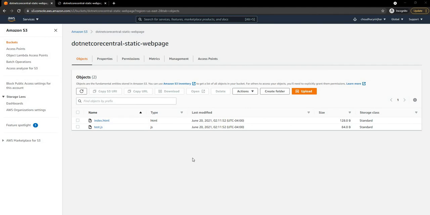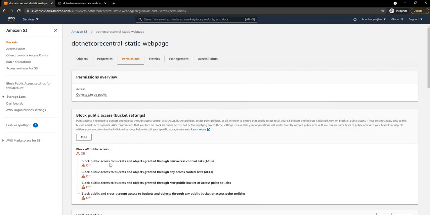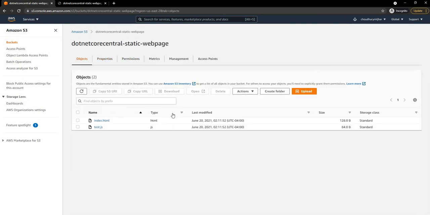Now one issue here, as you can see, is that every time we update the content, we have to go and reset the permission. And also, as you can see, if you open it up, it is a potential security issue. Now there is a way around it. The way around is to use CloudFront. So you can use CloudFront, and then internally CloudFront can connect to S3.